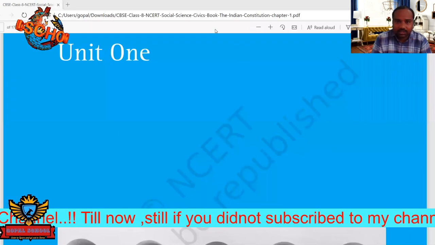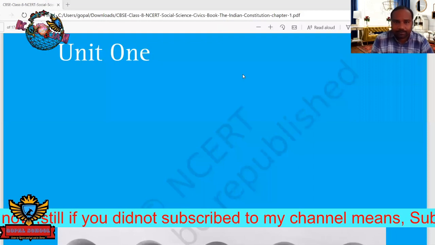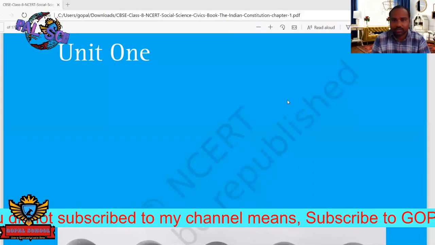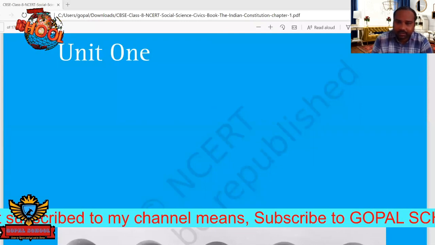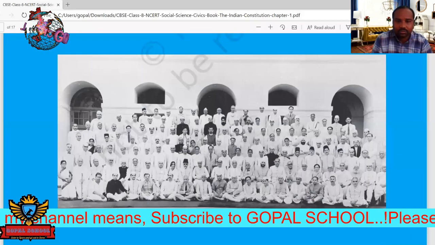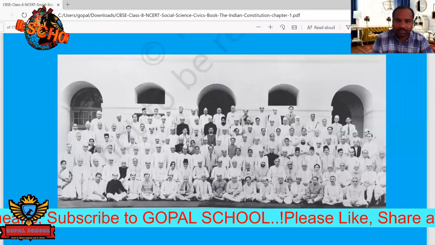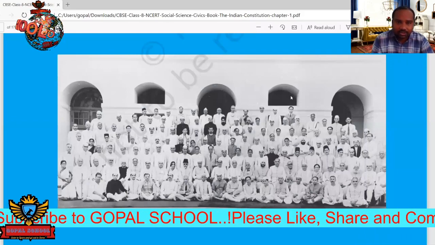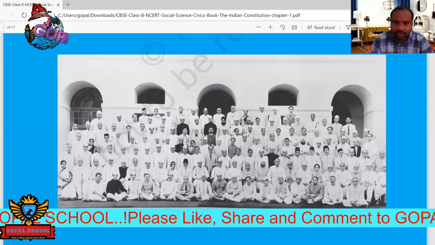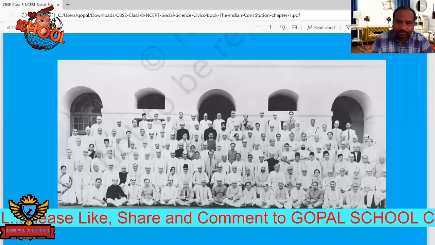So here, last time we were discussing this one. That is the Constitution. Okay. So we have completed this one. So this is the photograph taken by the INC, of the Constituent Assembly members. Okay. Indian Constitution. So these are the members of this Constitution. So this is the photograph taken. So these people are the Constituent Assembly members.